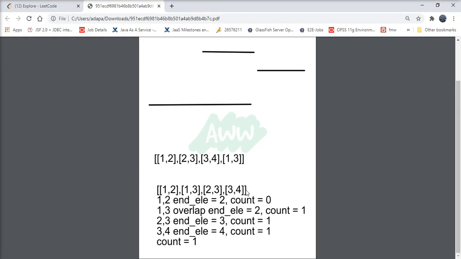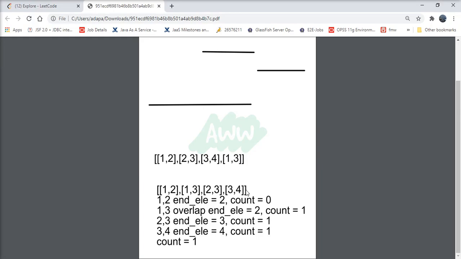So here the first interval is [1,2]. If in the neighbor interval I get a starting element less than the ending element of the previous interval, then I won't be able to put that interval in my solution set. I have to remove that interval from my solution set, and then I have to increment my count.